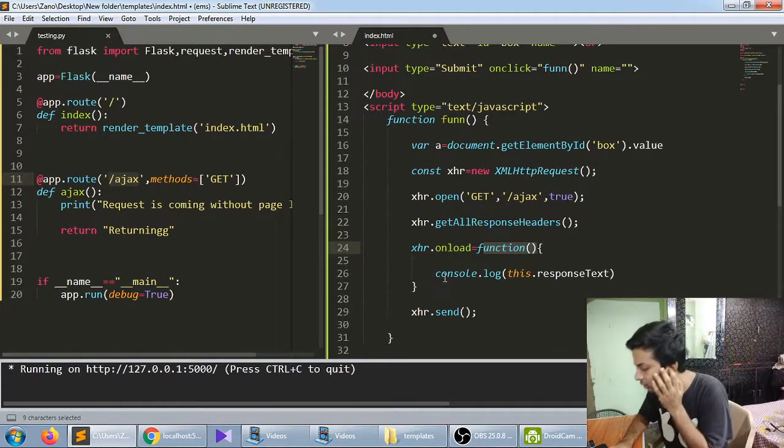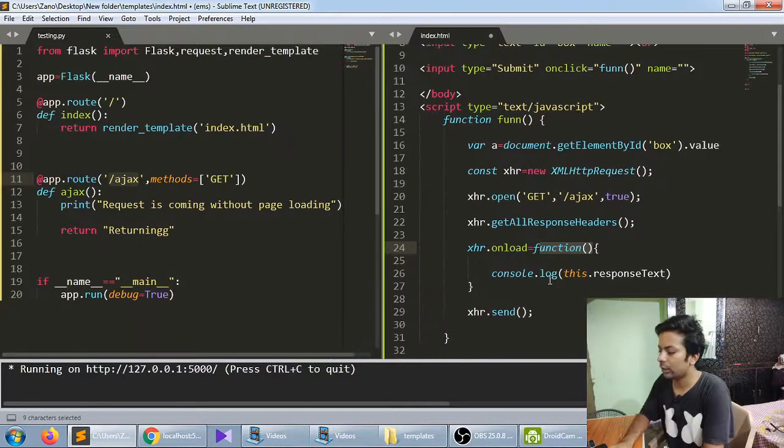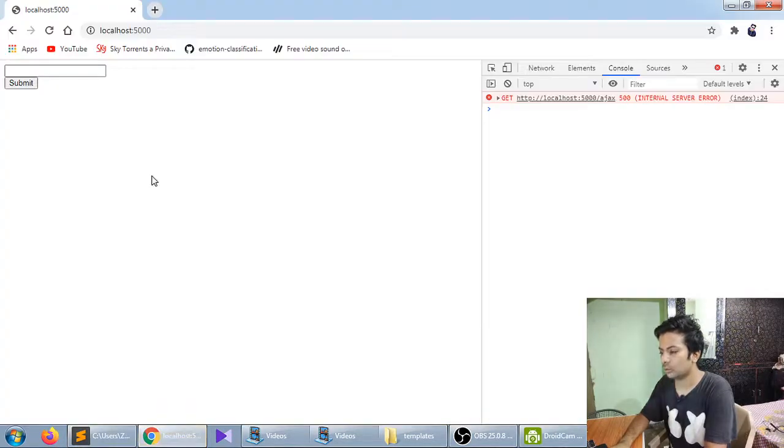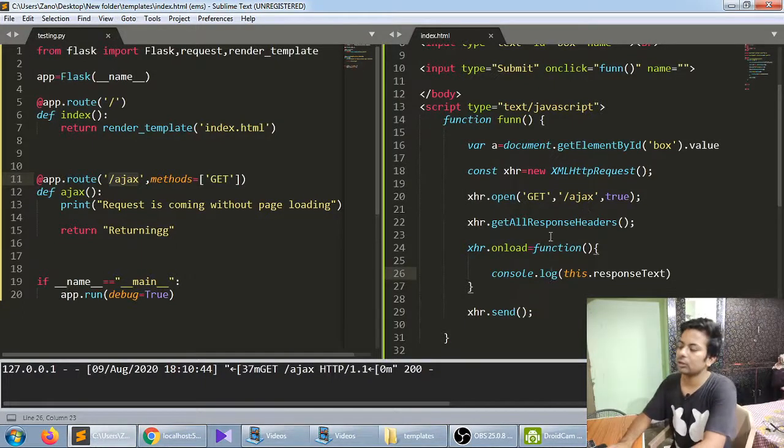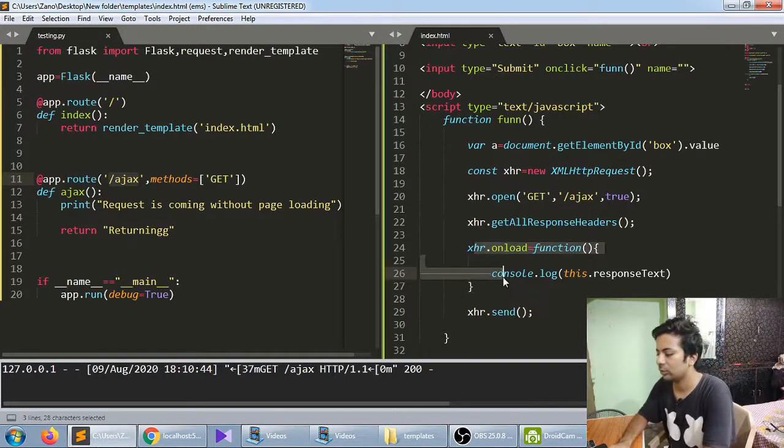So it will just console.log, or it will just print on the log, or here you can do document.getElementById.innerHTML and put that text there also. That's really easy. So let me just show you. Okay, so submit. See, it's telling me returning. Oh, sorry, printing on the console.